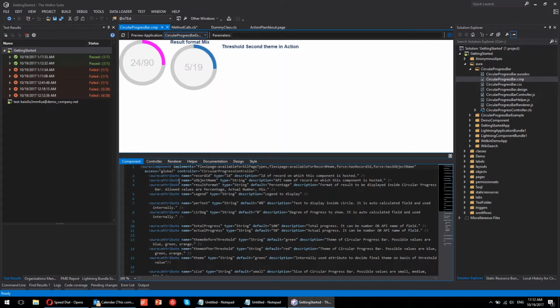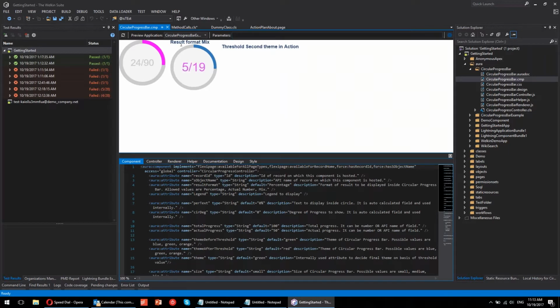On the lower part, there is an editor with subtabs for component controllers. So whatever components you have in your bundle, they'll be shown here. The cool thing is that I believe you know that you're not able to directly preview the components. You need to embed them somewhere, or into the application, or into the flex page, some as object, or somewhere